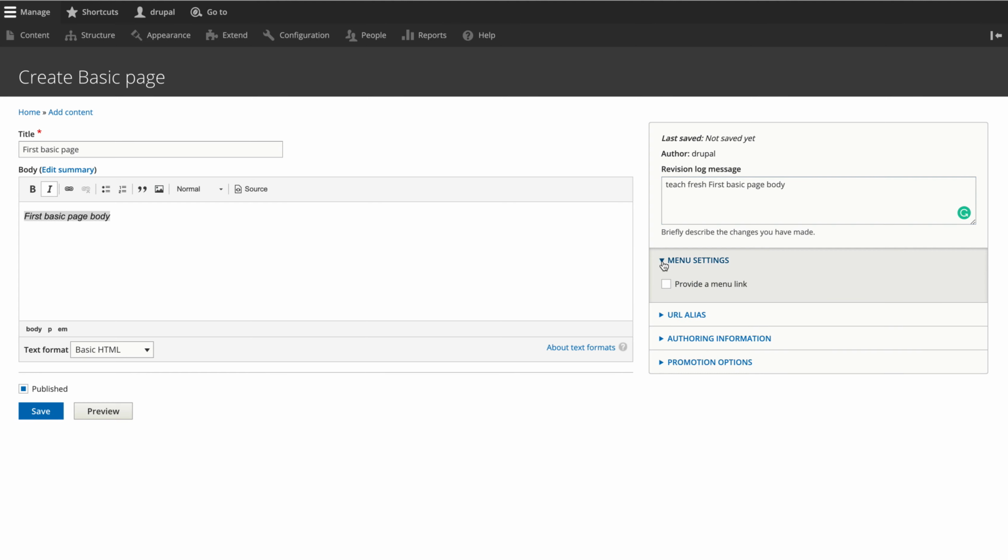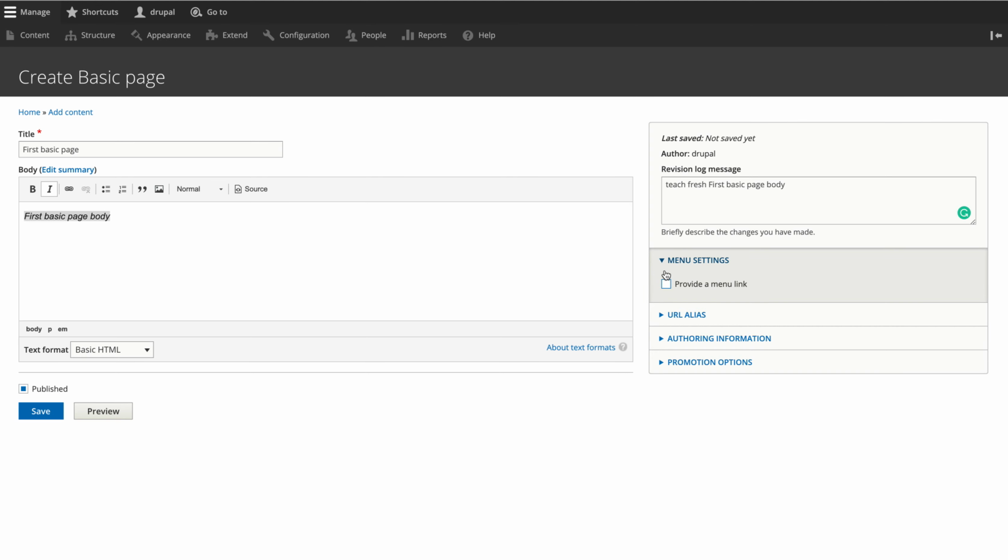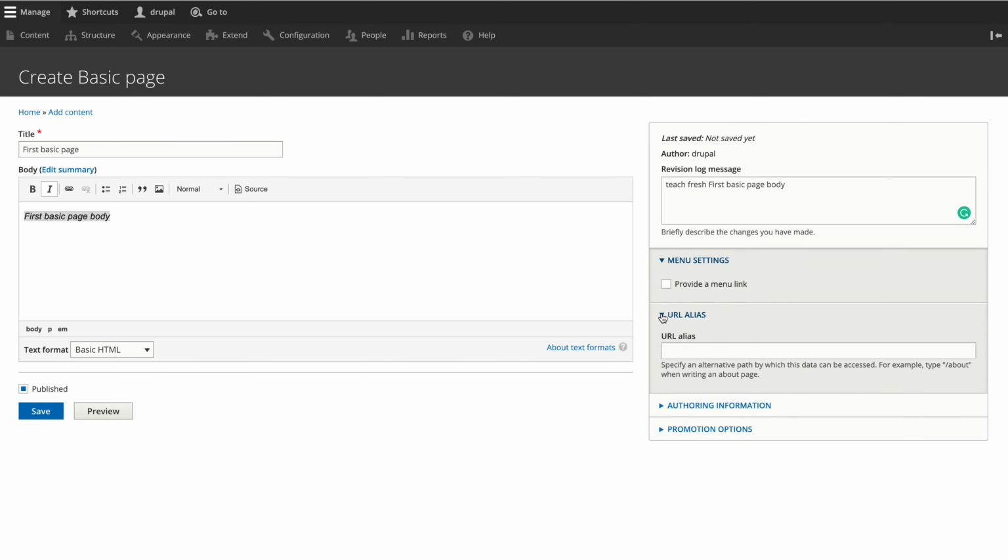TechFresh is one of the users who came and edited, and another user can come and edit the same page, so he can have a log message there. Then menu settings, like provide a menu link. If you provide the menu link, it will create a link in the menus. We will not do these things now; we will do them when we require.